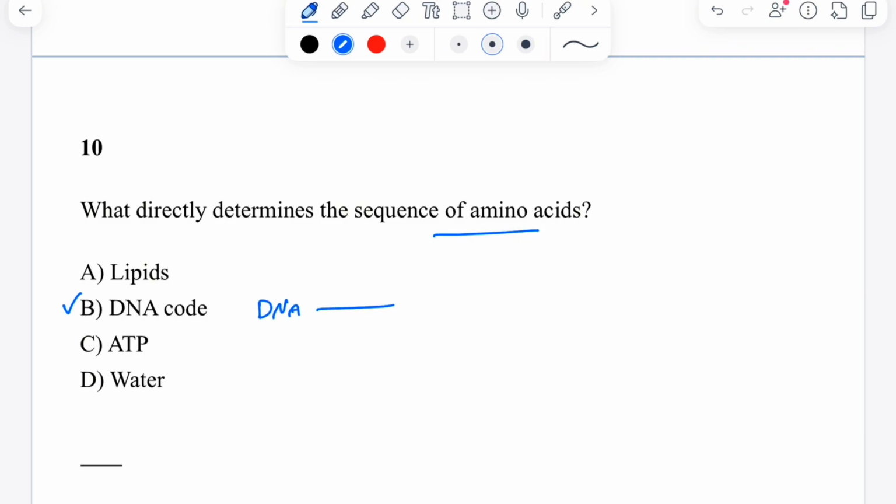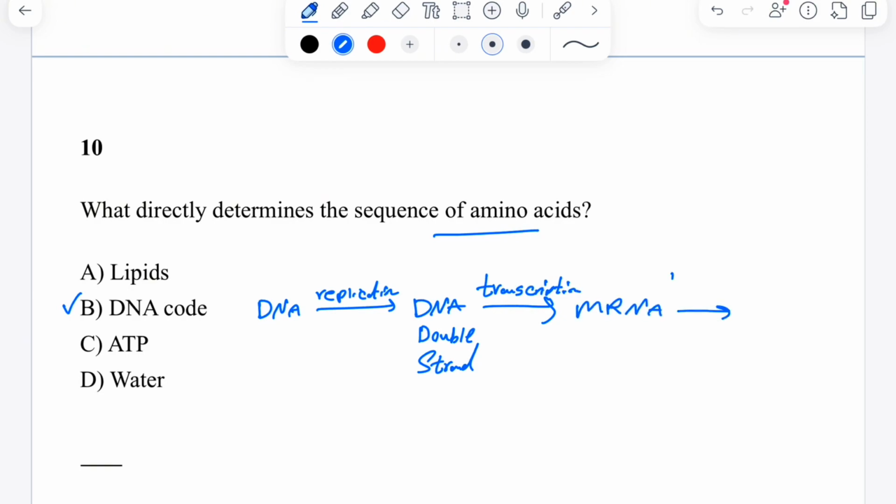DNA replication. DNA double strand, and transcription makes mRNA and translates to amino acids. So,